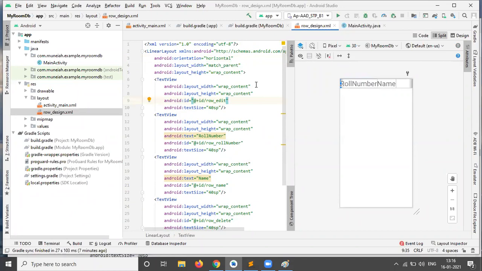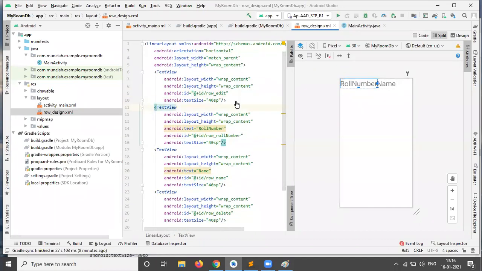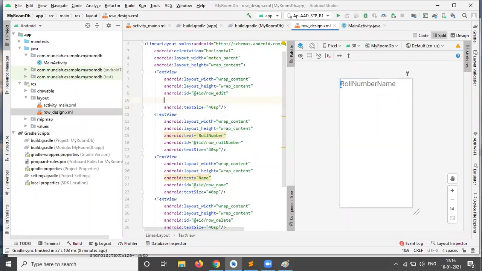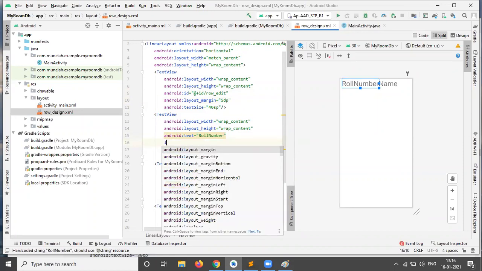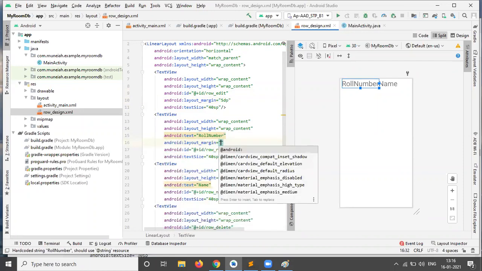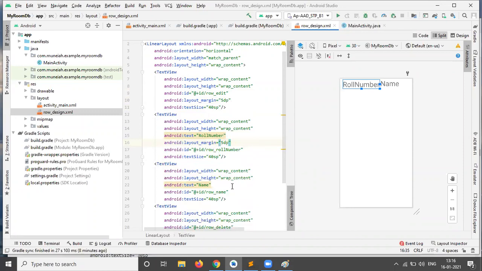So I need to add some gap between each component. For that, I'm adding the margin. The layout margin is 5 dp for the first component. The second component also has layout margin 5 dp, and the third text view margin is 5 dp.